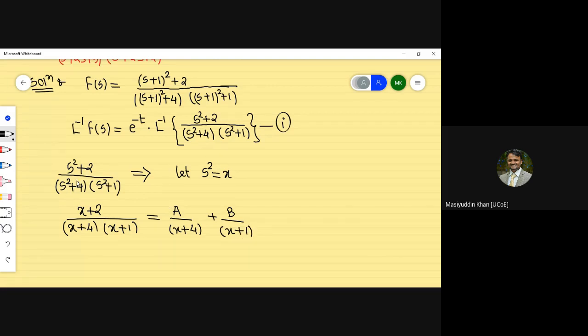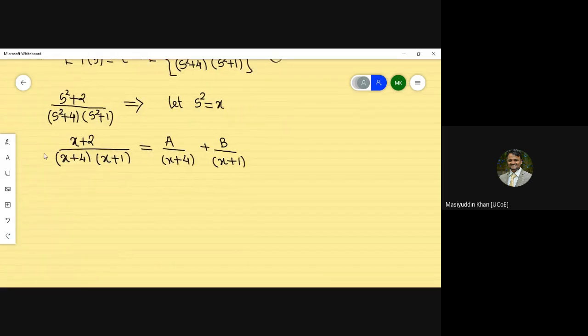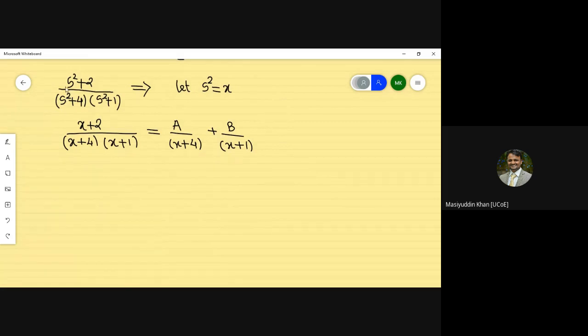All three terms were s square, so I substituted, so that we will get very easy terms here. Because if s were there, what would s be? Root of x. If s cube were there, what would happen, we would have to define everything. But here only s square is present, so by default we write that as x. So I hope that is clear. I already explained a little while ago, it's your choice. You can make the cross multiplication and equate with this part, or you can go ahead. See, when a upon x plus 4 is there, this term will not come with a. Only you will get this part.